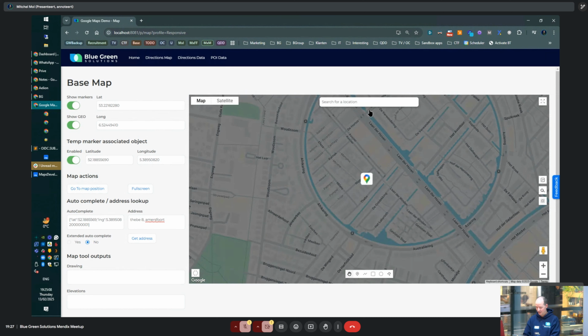And then you could also mention that this marker is changeable, and then you can move it and it gives you back the actual lat long that you put it on. So for example, for municipalities that want to know where exactly the trash was dropped that you are reporting, you can type in an address and then you can move the marker to the exact location, because sometimes it's not an exact address, but it's somewhere in a field or something like that.